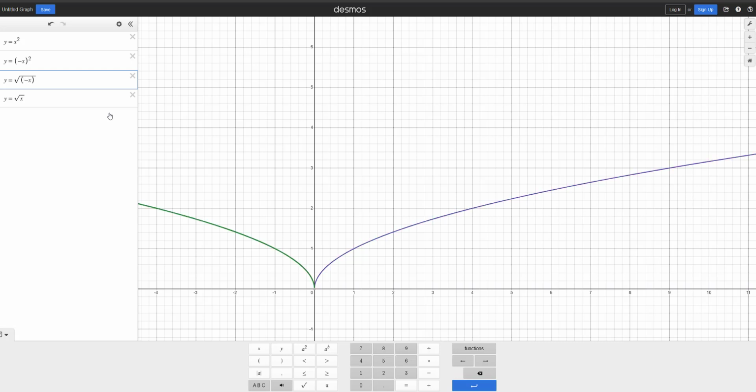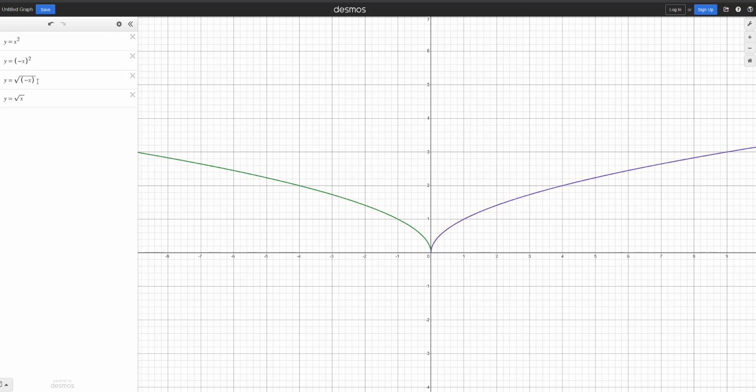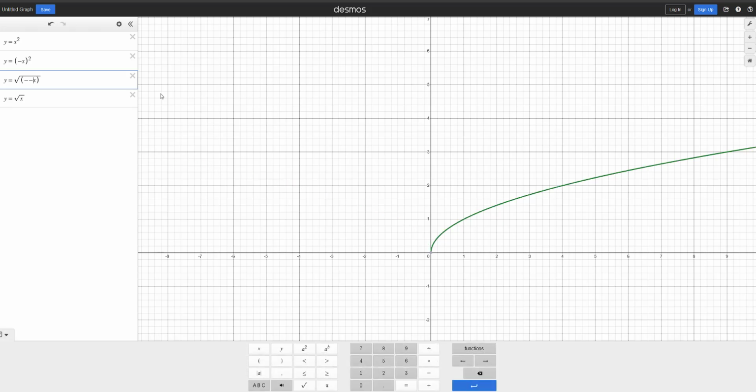Boom. I'll show you again. This is the original function. This is what's happening. See what's happening? It is being reflected, but not up and down, not across the x-axis. It's being reflected kind of left and right, or as if there was a mirror on the y-axis. So that's what's happening. So this is a horizontal reflection,